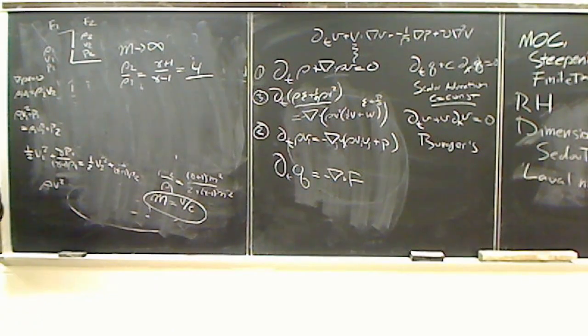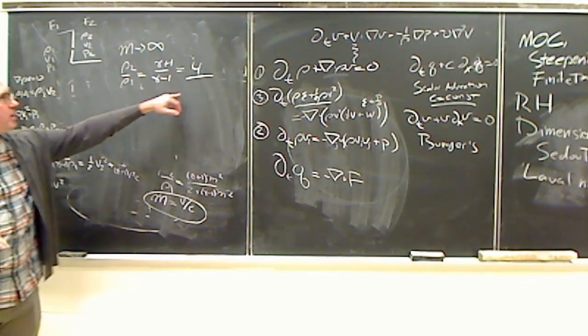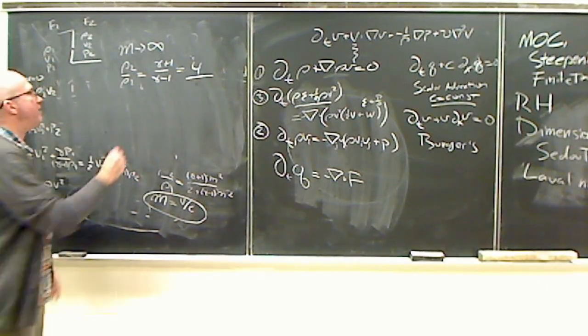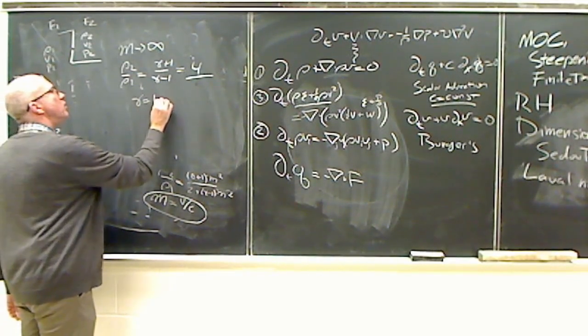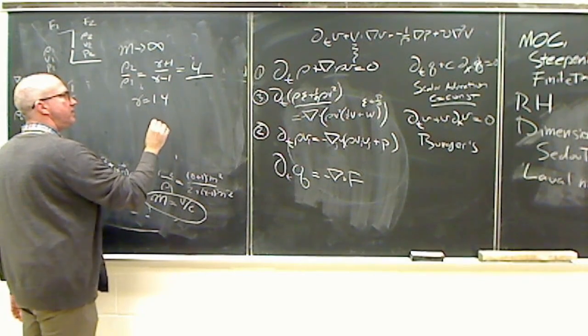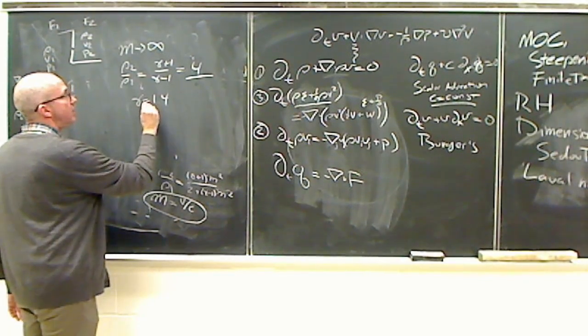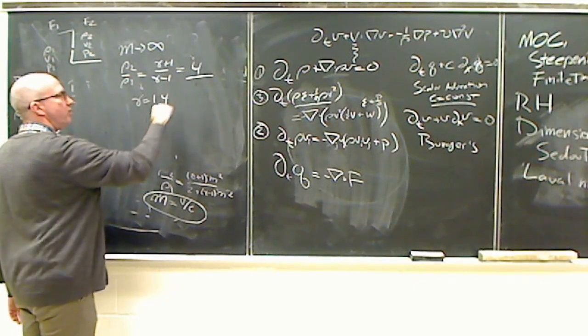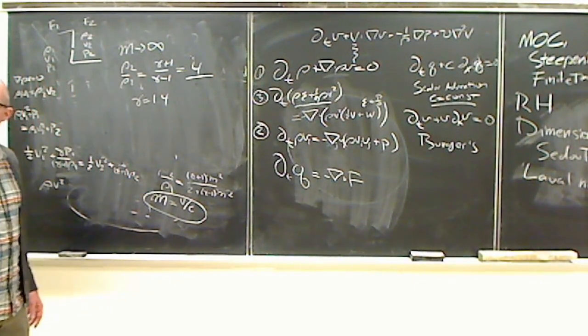So in one dimension, regardless of how fast your flow is, the density is going to get bigger by a factor of 4. And if gamma is 1.4, this is good for air, then you get 2.4 over 0.4 is,